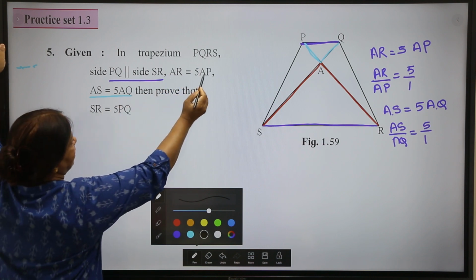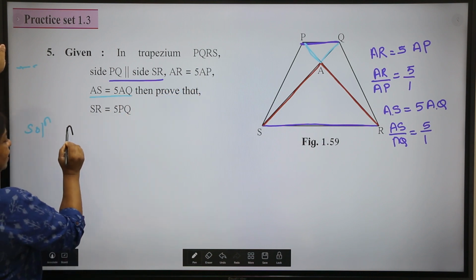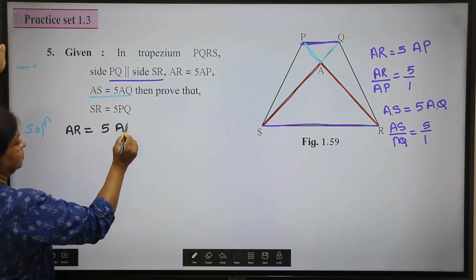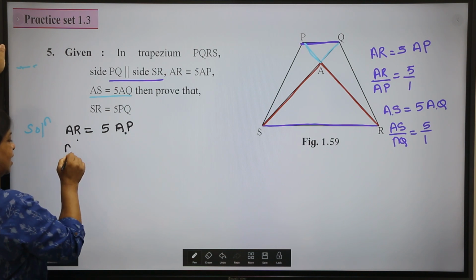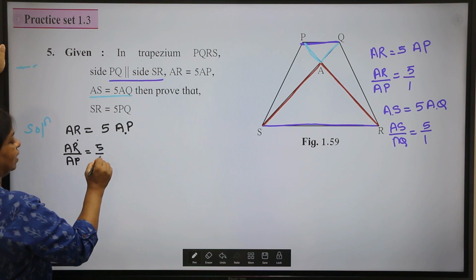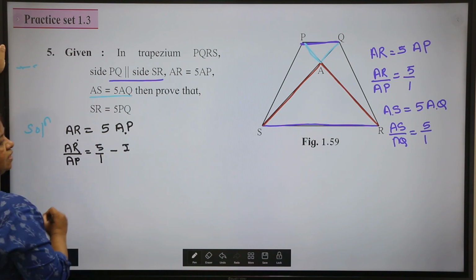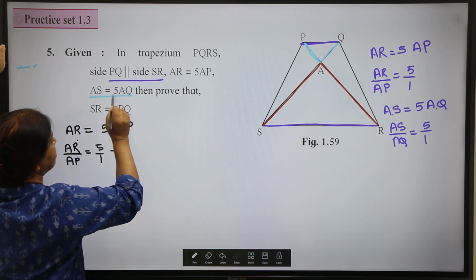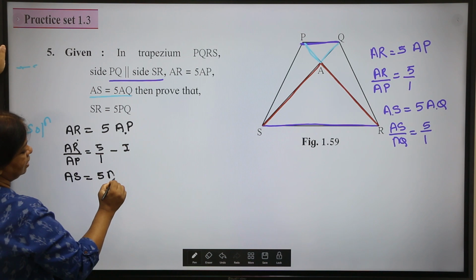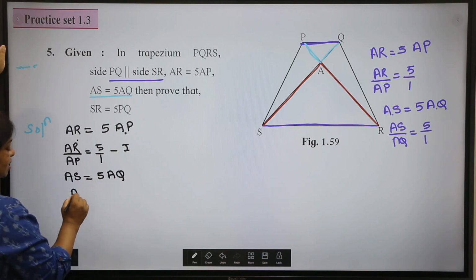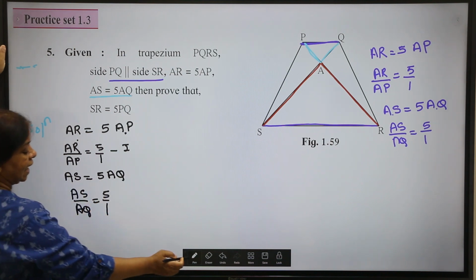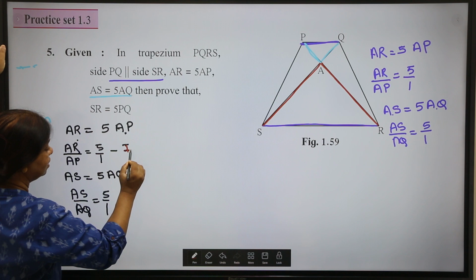So what is given first? AR is equal to 5 times AP. Let me shift AP down. AR upon AP is equal to 5 upon 1, and this is your first statement. Next, what is given? AS is equal to 5 times AQ. AQ will shift down. AS upon AQ is equal to 5 upon 1, and label it as 1 and this